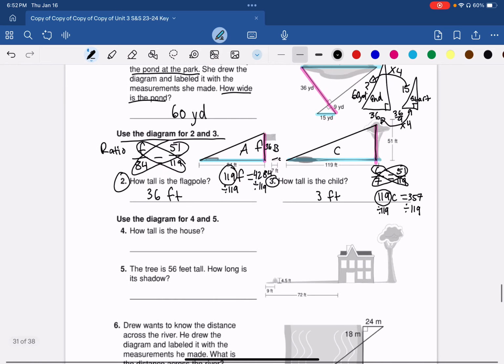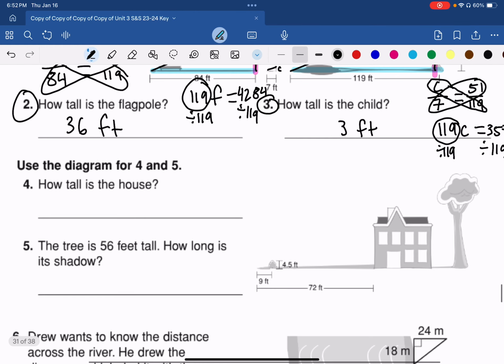All right, let's see here. You might want to take a little stretch break at this point. We did do quite a bit. If you feel confident, go ahead and